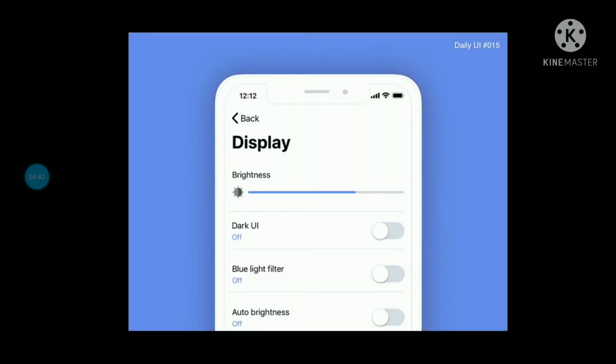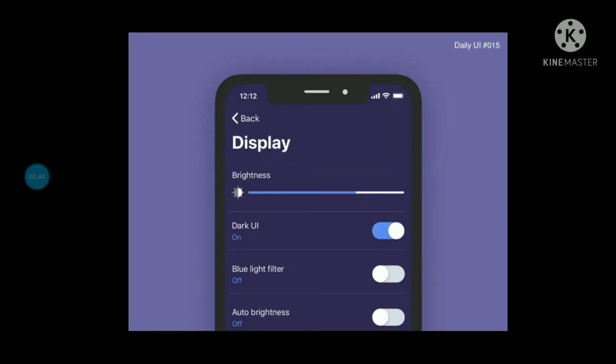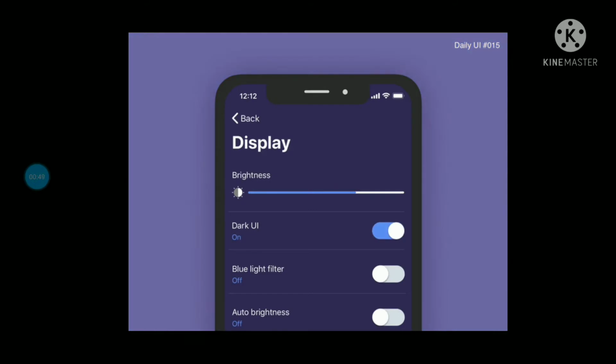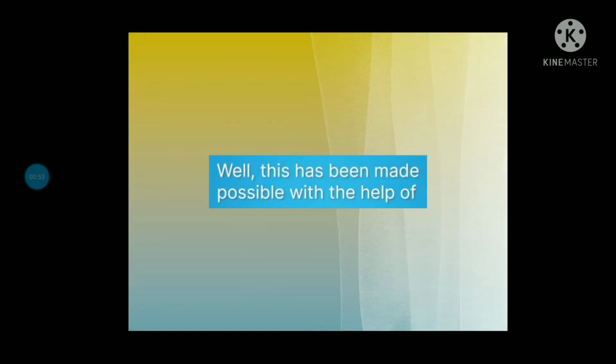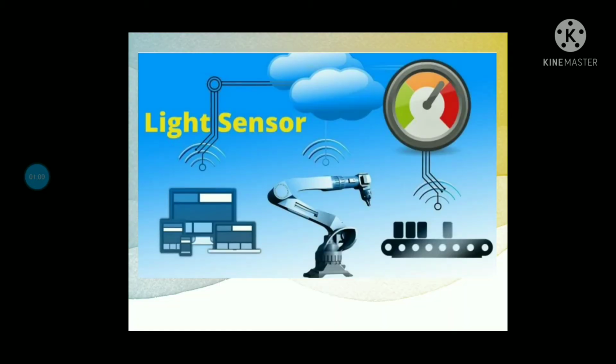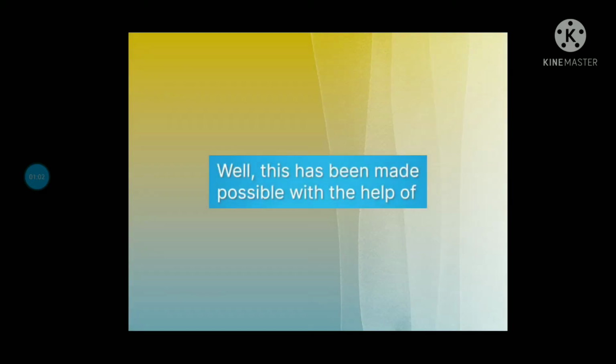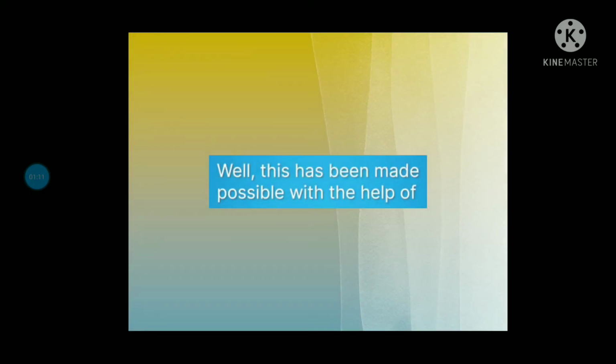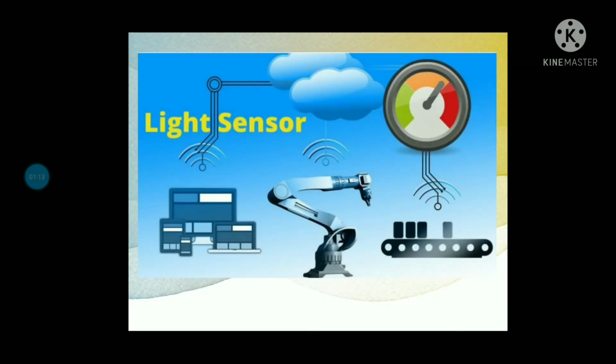You can see on the screen, it is automatically increasing or decreasing the brightness with respect to the light falling on the screen. This has been made possible with the help of a light sensor.